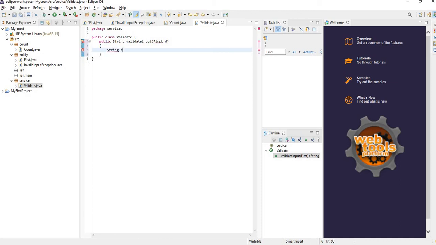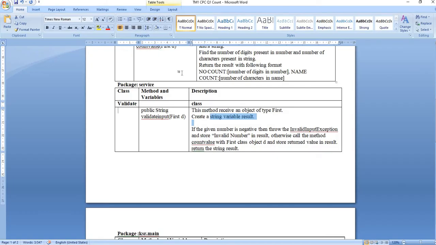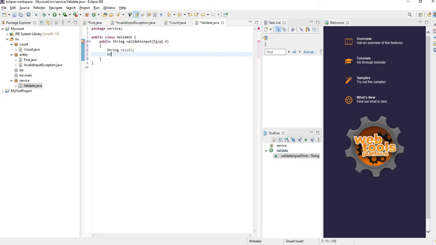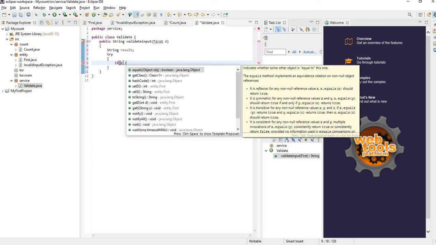String result. Everything is clearly given here. If the given number is negative, then throw the invalid input exception. Okay, so let us get into the try block. In the try block we have to check if d dot the number is negative.